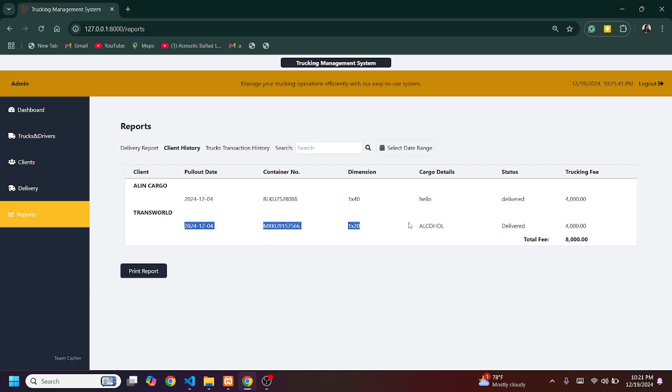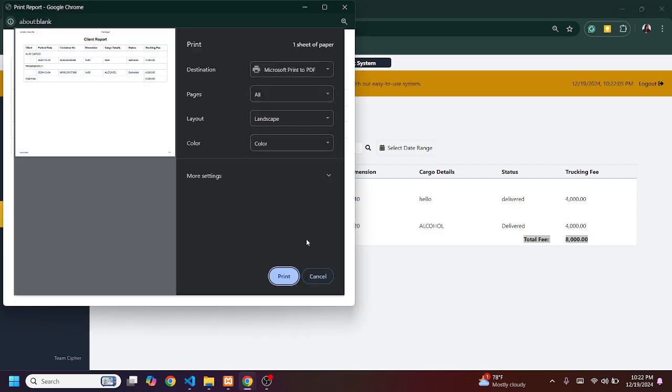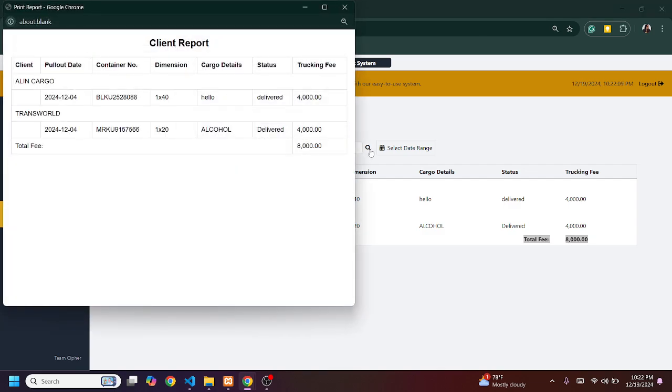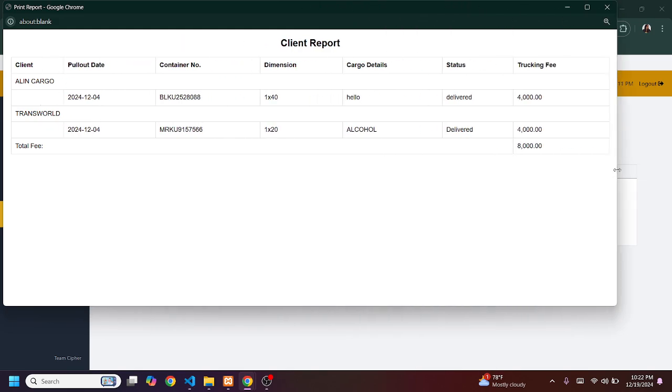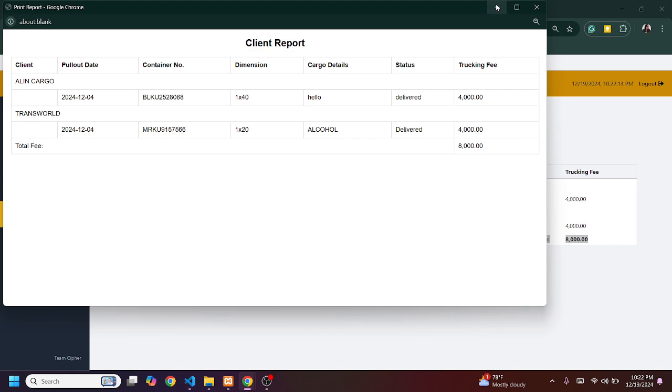If you have multiple deliveries recorded by that specific client, all the delivery information will be stored under the Transworld column. And then we also have the total fee, where you can compute the tracking fee. As well as the print report, where you can print the client report.